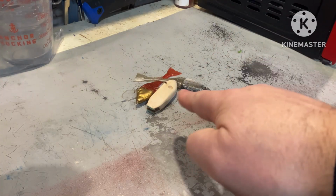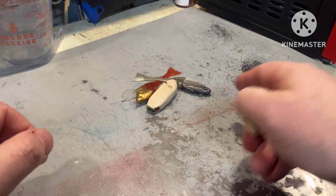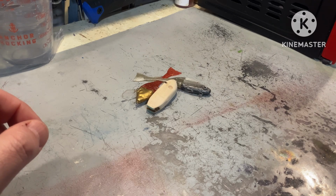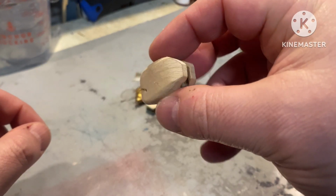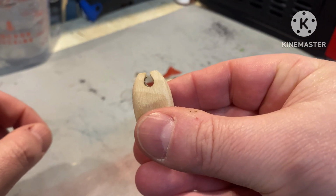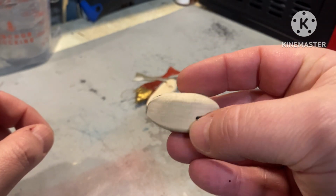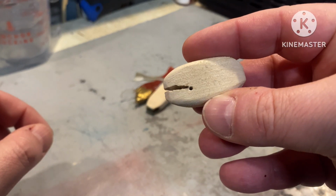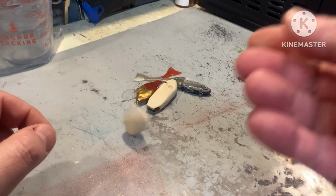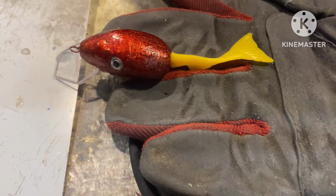Then I thought, okay, I'm going to build on that. I'm going to make it shorter to maybe get more action out of it. And I drew it all out and had everything going, and I ended up screwing it up right off the beginning. The body shape was turning out nice, but I thought I'd drill holes as guides for the lip. And as you can see, that's where everything went wrong. So that was toast. And now that's where we are now, waiting for this ugly ass thing to dry,